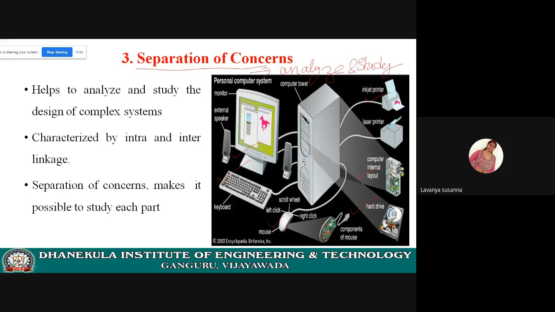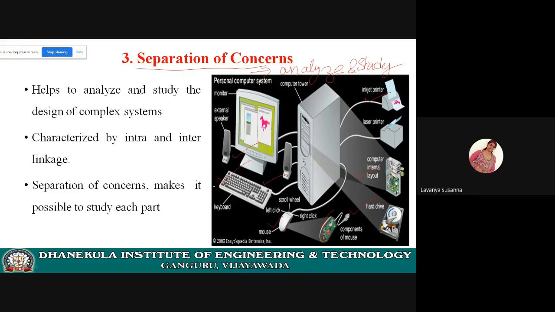You know that a complex system is made up of large, interactable components. Without interaction, the complex system will not function. See the diagram. The complex system is decomposable. Decomposable means you can divide the complex system into small components. See here, you can understand. Inside the CPU there will be a hard drive. See the diagram, see the mouse here, you will understand. All these components are decomposable.